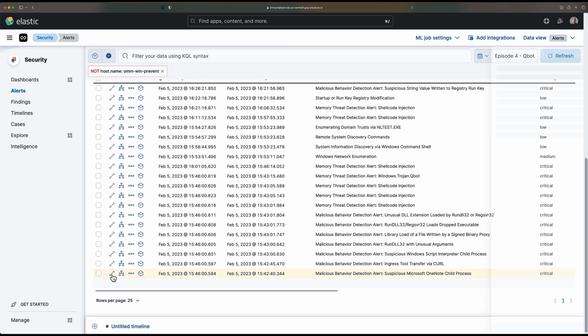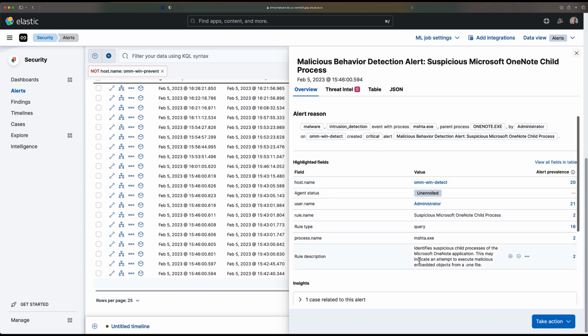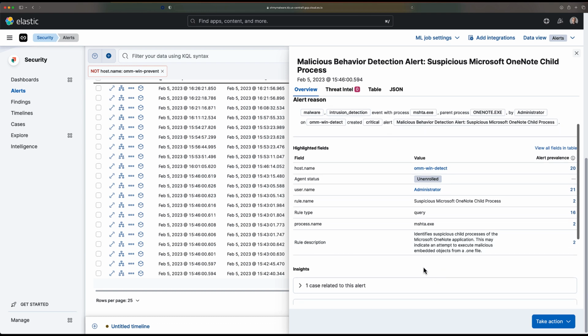So let's take a look at the details here. I've already turned off these machines, so that's why you see them as unenrolled here. Don't worry too much about that. But this rule specifically, if we look at the description, it says it's trying to identify a suspicious child process of OneNote. This may indicate an attempt to execute malicious embedded objects. So OneNote can have embedded objects. In this case,